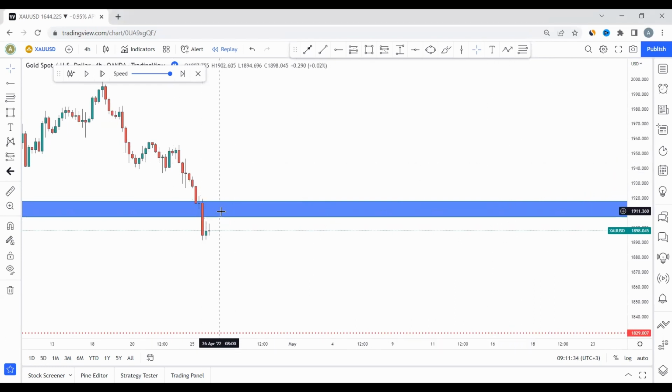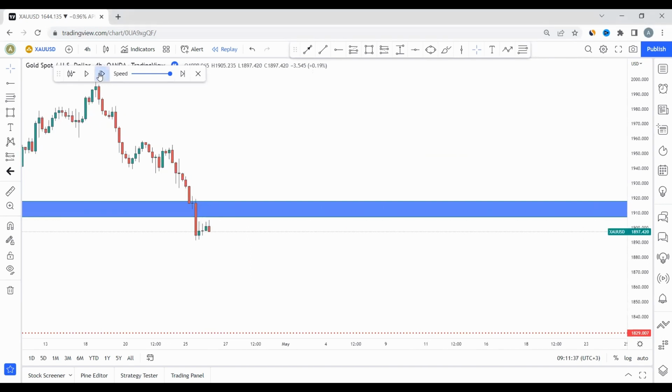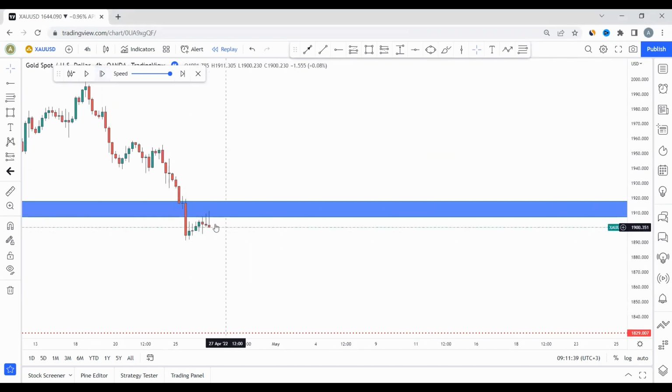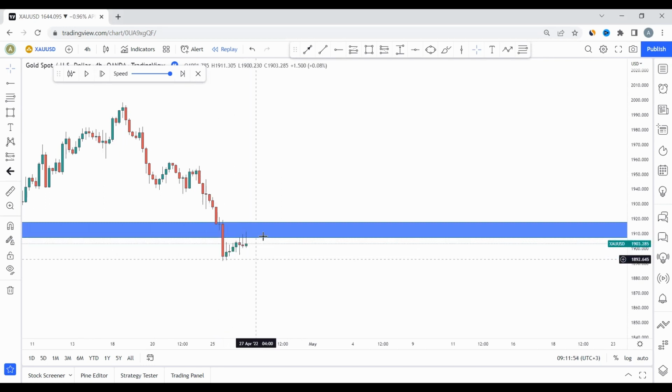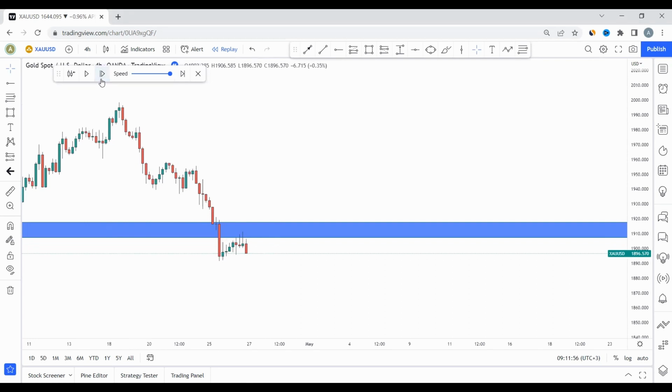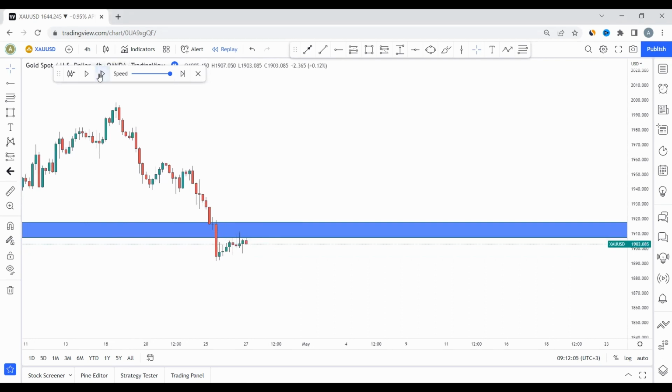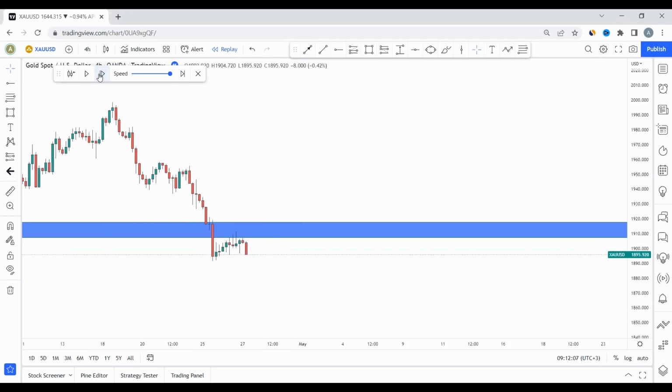So H4, I want the market to come back into this area, and then I can be able to take my trade, right? So the market came back into this area here, right? But still, when it comes back here, most people after this rejection are going to take the trade. But I do not have yet a convincing factor to show me that the market has confirmed the sale, because it can just make a pullback and continue up, right? So structure to be given to me, then I can be able to say that I'm trading.